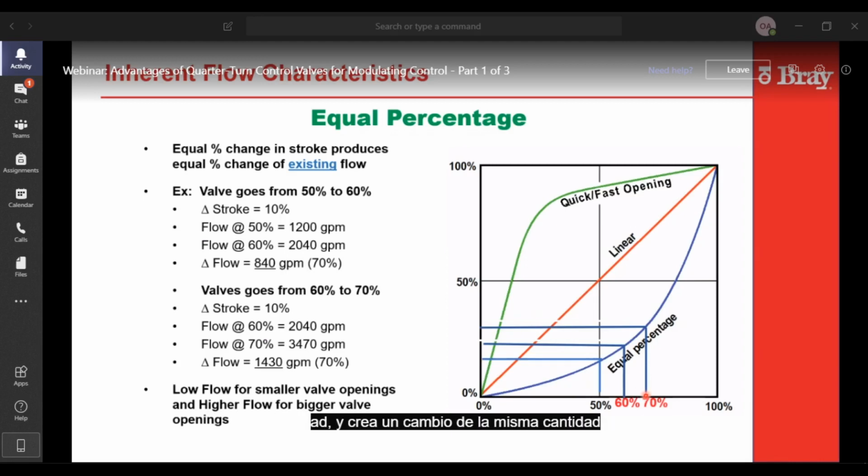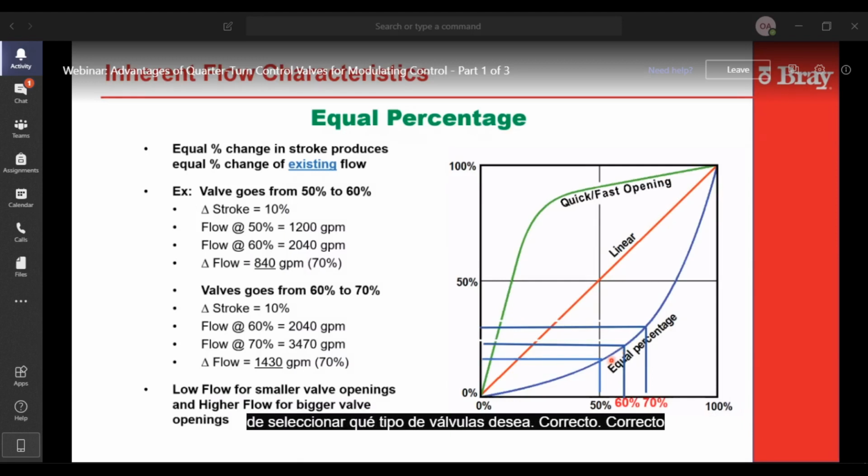A lot of times, to be able to get a linear system, you have to use an equal percentage valve to create that linear change in process. That's a little bit misunderstood out there. And that's probably the most important thing to do when you're selecting a control valve, is selecting first the characteristic you're looking for before you even select what type of valve you want, right?